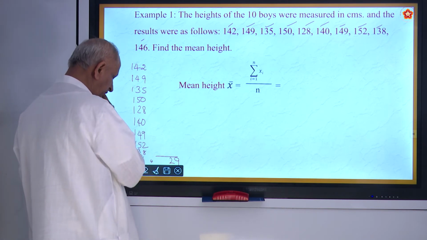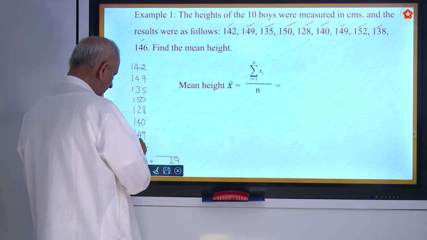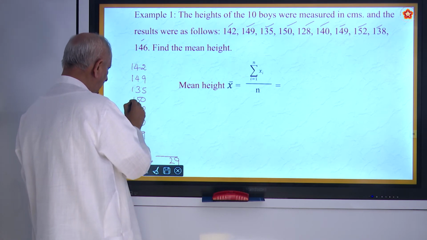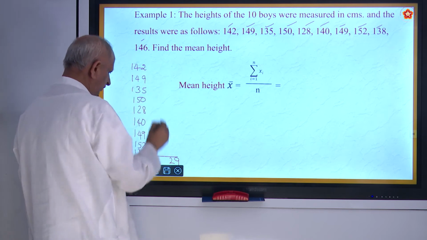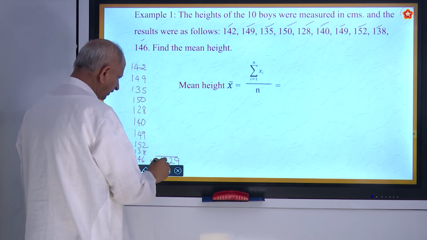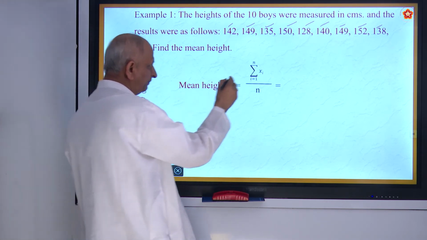So 4 remains. 5, 6, 7, 8, 9, 10, 11, 12, 13, 14. So 1429. So sigma xi becomes